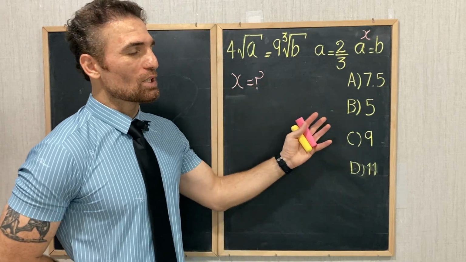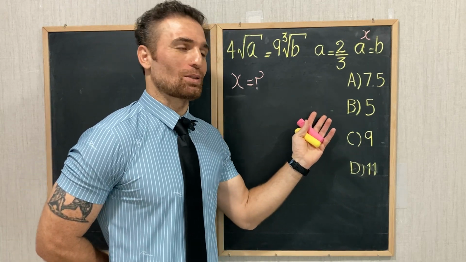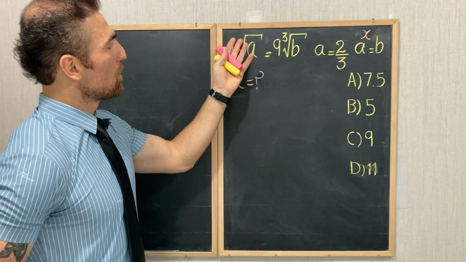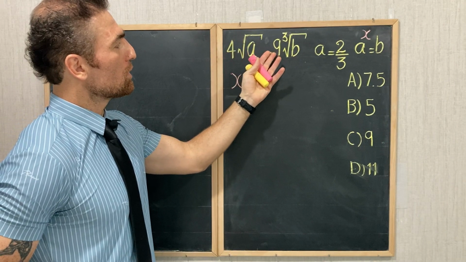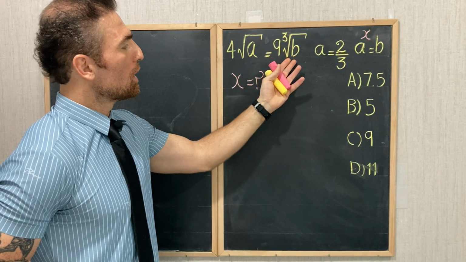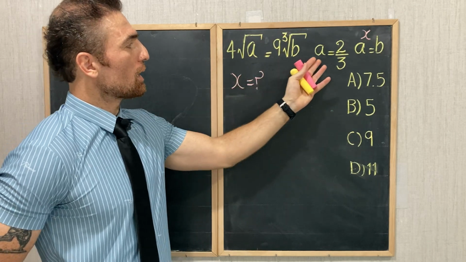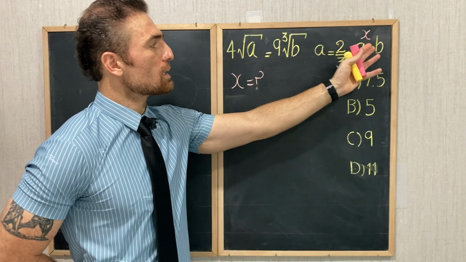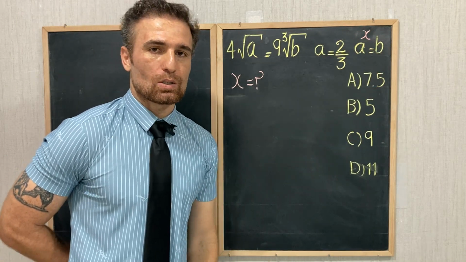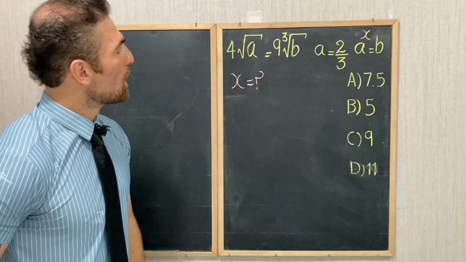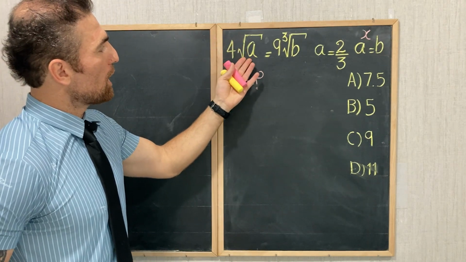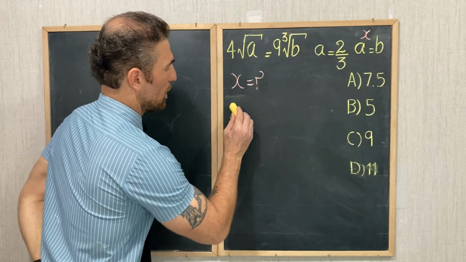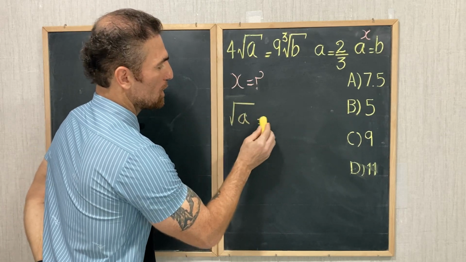But what is the question and where should we start the solution? The question says if 4 times square root of a equals 9 times cube root of b, find the value of x, where a equals 2 over 3 and a to the power of x equals b. To start the solution, I'm going to use this square root of a and cube root of b. As you know, square root of a equals